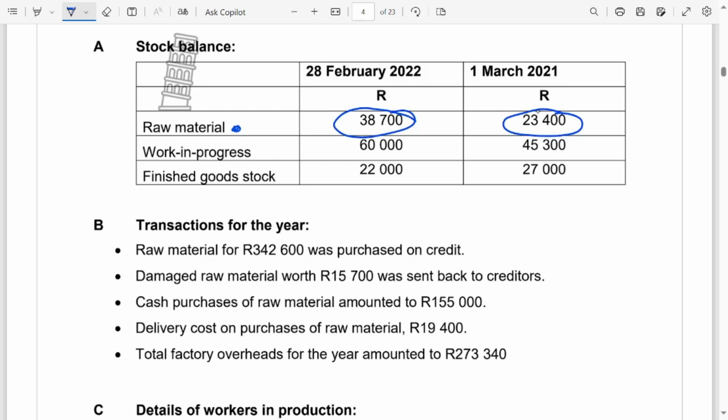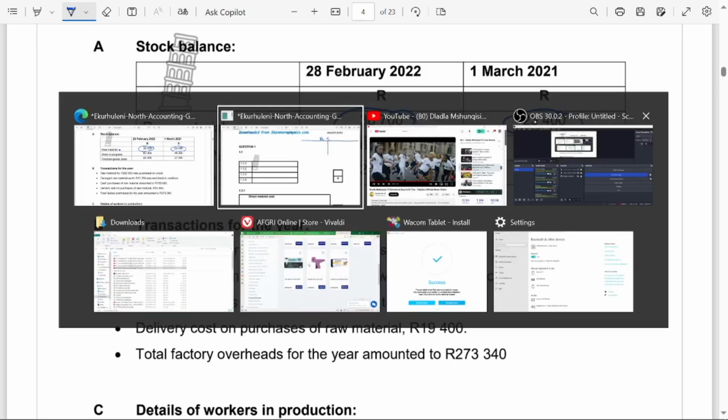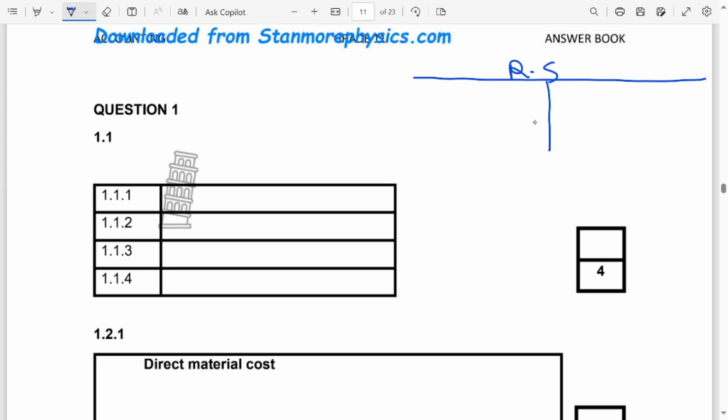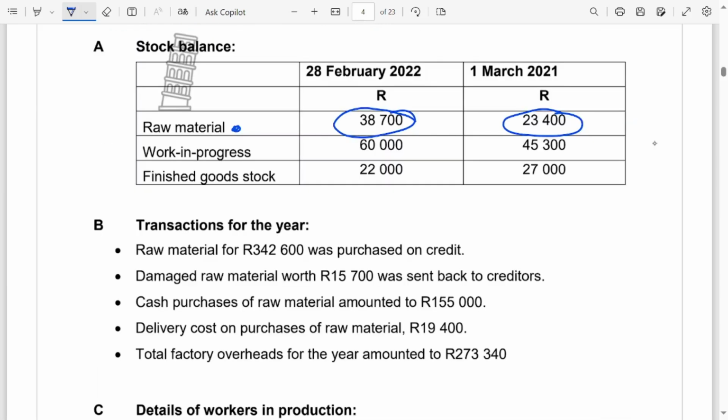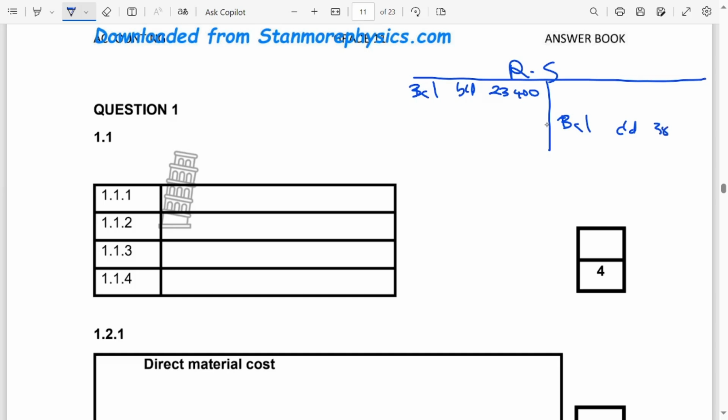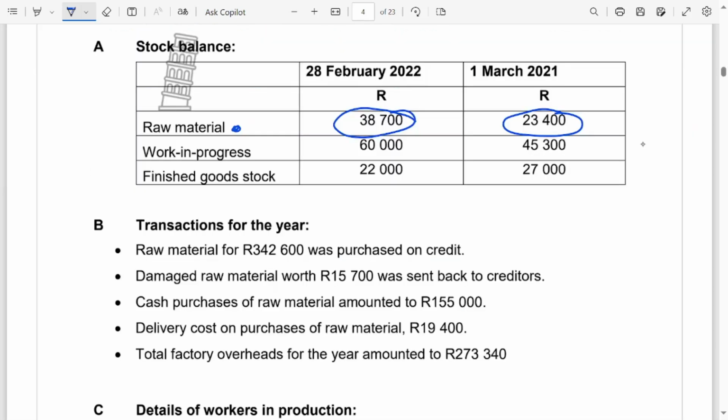The opening is 23,400. So in an asset, the opening balance is going to be on the debit side. So it's a balance brought down. Then we're going to have the balance carried down of how much? 38,700. Right? And then raw material for